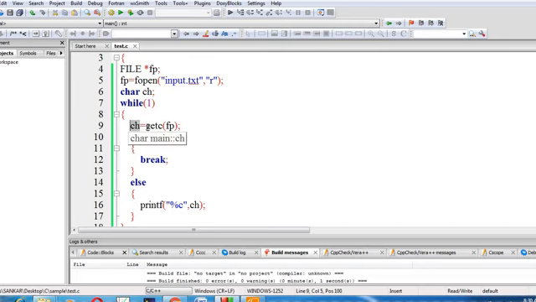Initially our content is "Welcome to CSC." ch holds the W. Then we check whether the file is at the end of the file. In the first iteration it is not the end of the file, so it goes to the else condition and displays the W. In the next iteration, getc gives ch equal to e. The file pointer is not at the end of the file, so it displays the e. Likewise it keeps on going. When it reaches the null value, it will terminate from the looping.